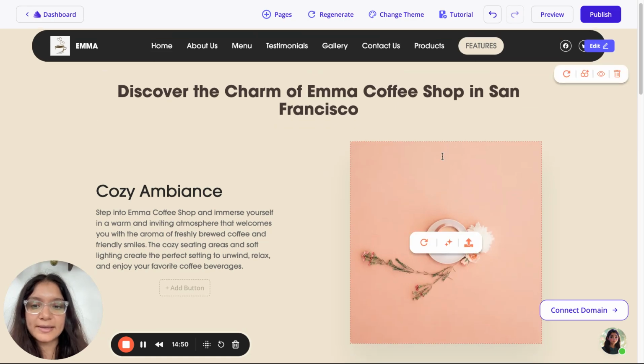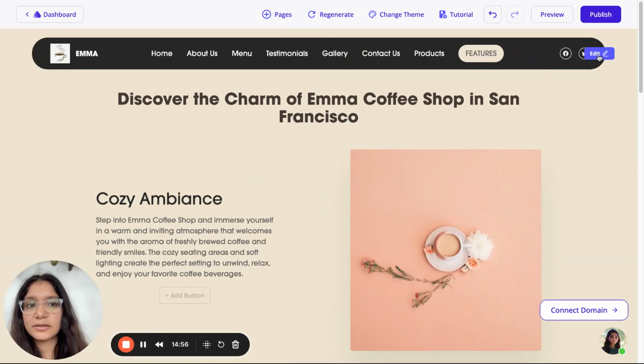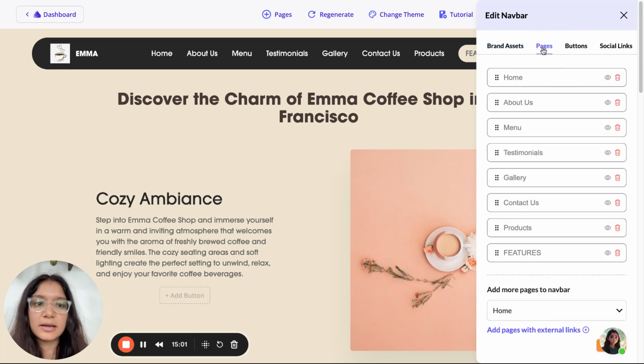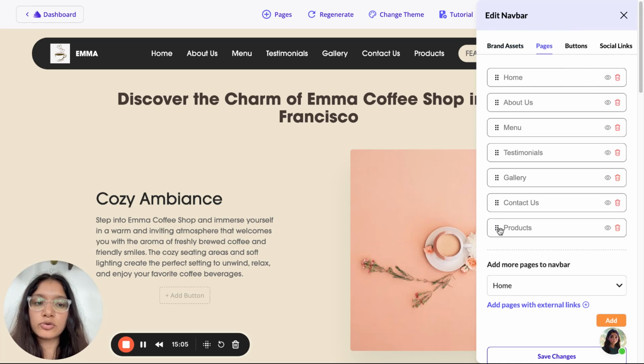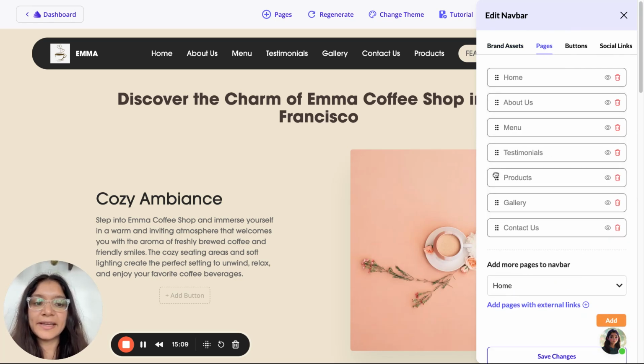So this is how you can add a blank page and then keep on adding sections onto that. Now, I don't want to show this page on my header. So what I'll do is go to edit on header, click on pages, and I can delete or hide it from here. I can also reorder pages from here, and I can create subpages by just